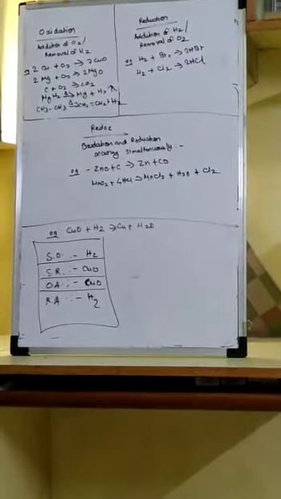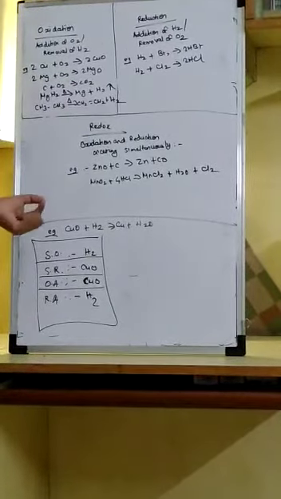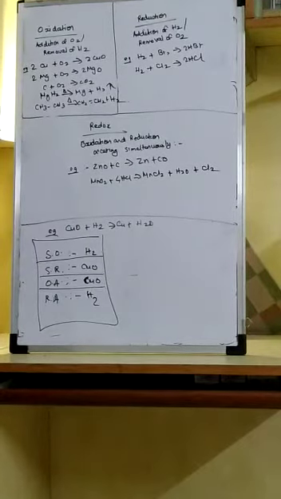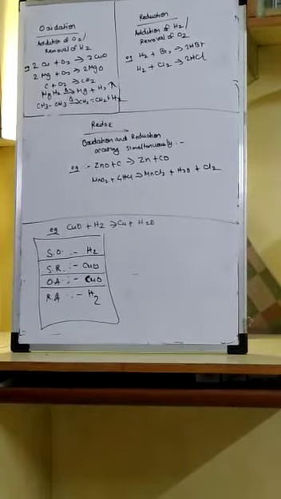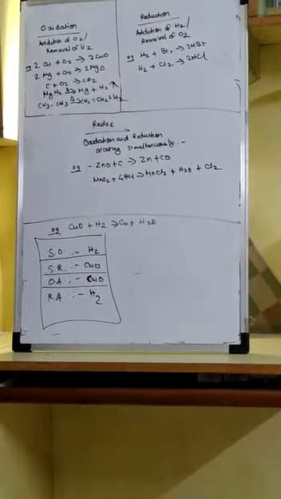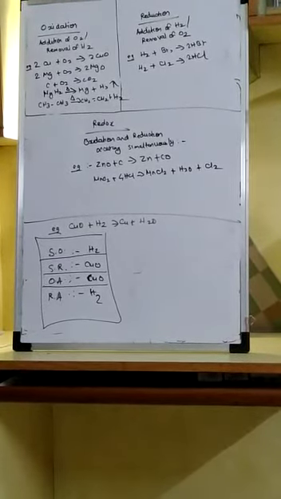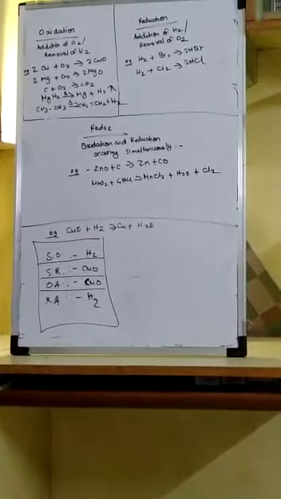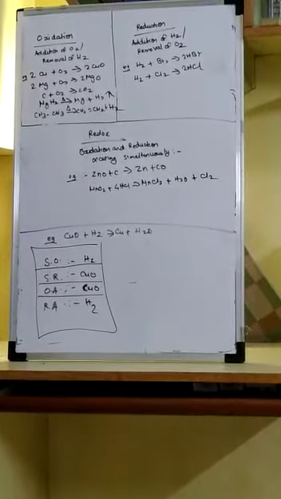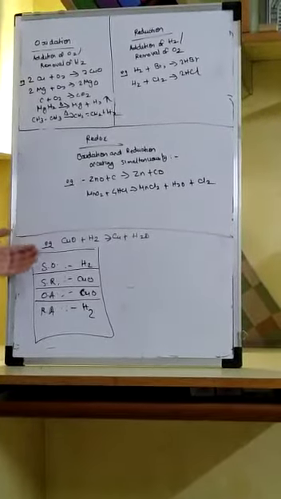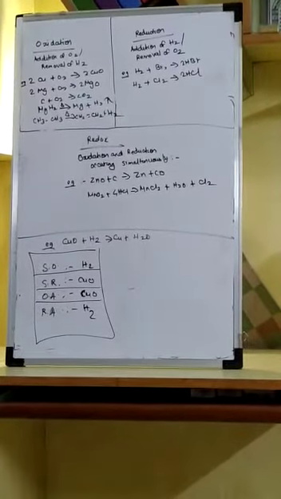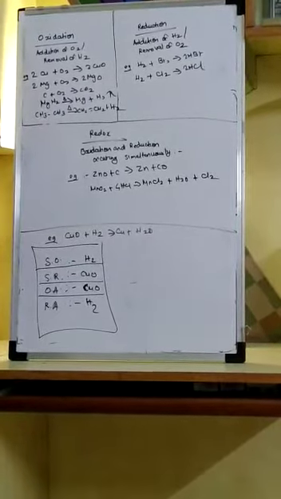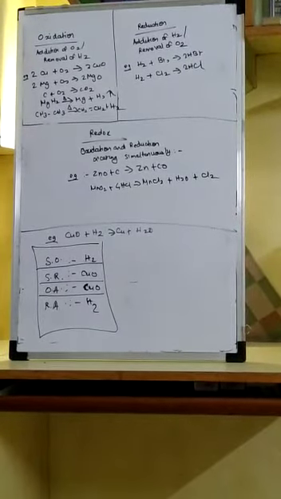Taking our understanding a bit deeper, another example of redox is copper oxide with hydrogen giving me copper plus water. We need to understand 4 components here. First, substance oxidized. Second, substance reduced. Third, oxidizing agent. And fourth, reducing agent. Substance oxidized and substance reduced are always on the left hand side, or the reactant side. The oxidizing agent, as the name suggests, is any substance that is causing or helping in the process of oxidation. The reducing agent is any substance that is helping in the process of reduction.